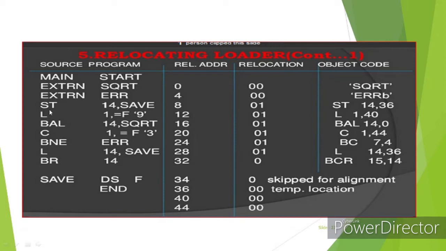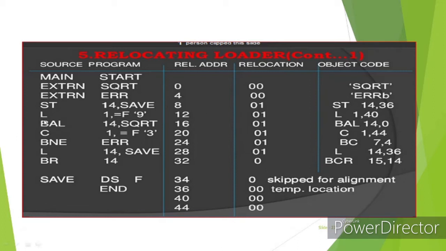Then the first store instruction, 14 comma SAVE, where SAVE in the object code is store 14 comma 36. So 36 is the address location of the load instruction.